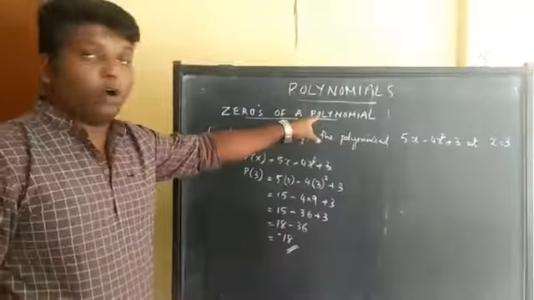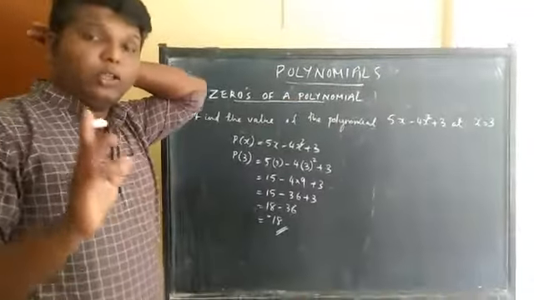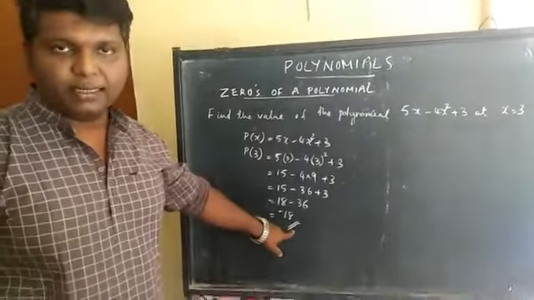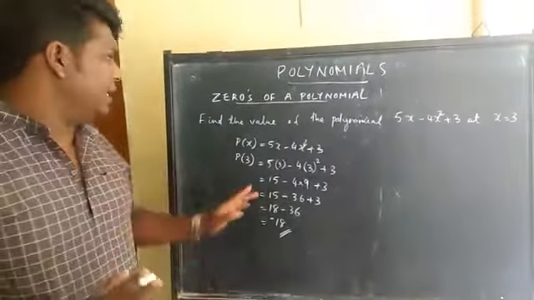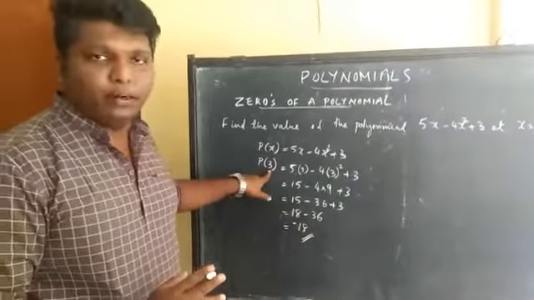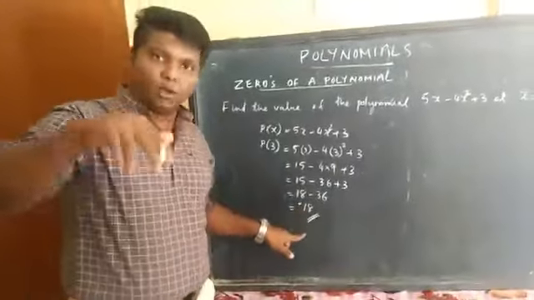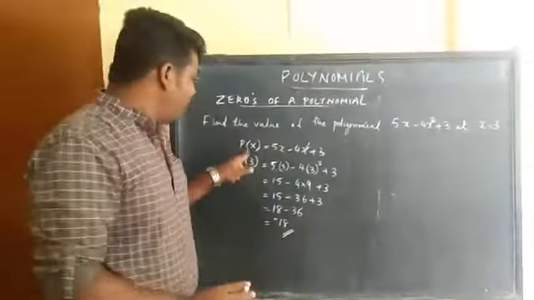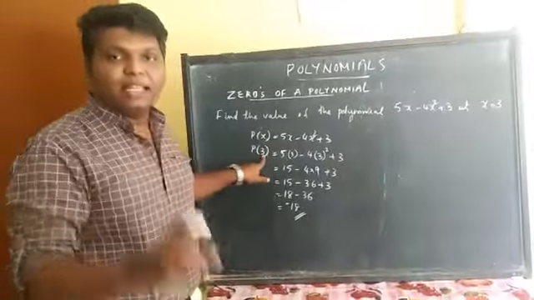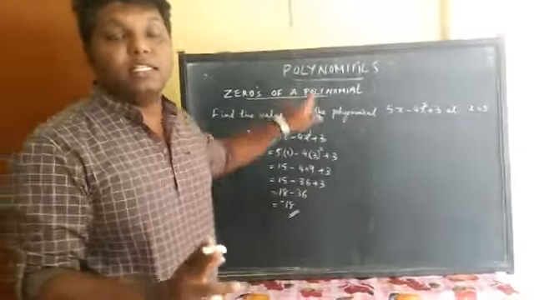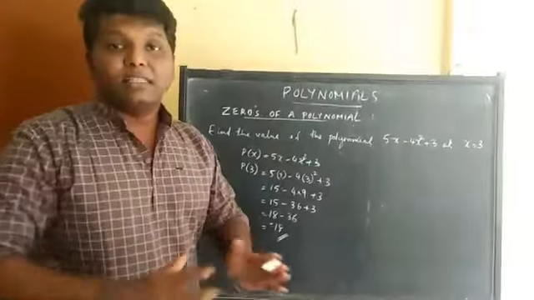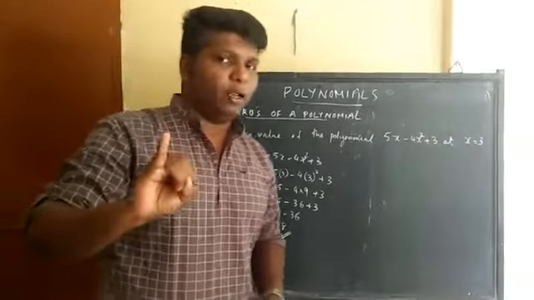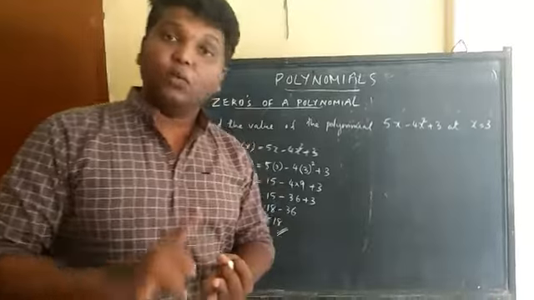Now listen, I'm coming to the topic, zero of a polynomial. When you took the value of 3, you got minus 18. But if you are giving a particular value here and you got the answer as 0, उसका value जो है करते हुए आपको 0 आया, तो वो value, that value is what we call zero of the polynomial or roots of the polynomial. These are the two words. One is what we call the zero of polynomial, or we will represent it as the roots of a polynomial.